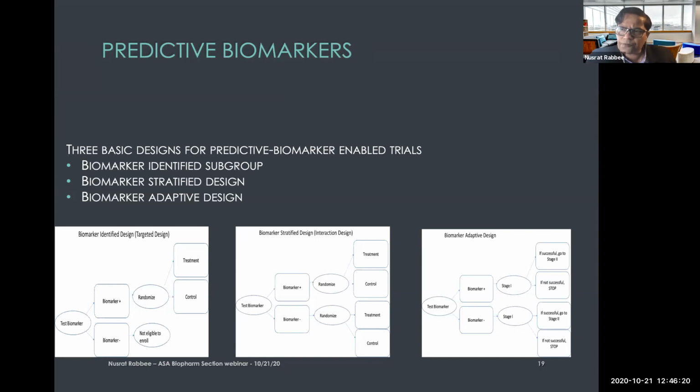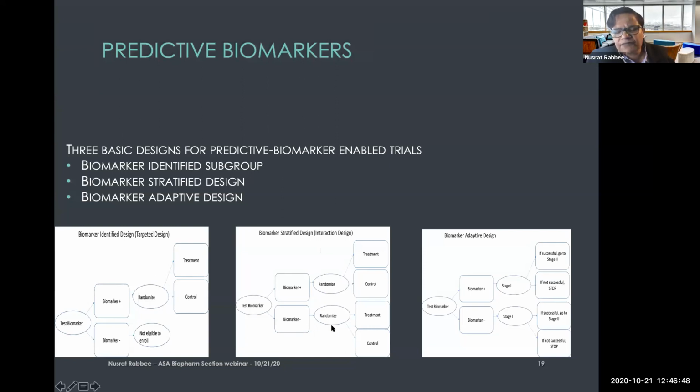These were the two first clinical trials that simply enrolled biomarker positive patients because there was enough science known already that the treatment would not work in the biomarker negative subgroup. Then there's a biomarker stratified design, also known as the interaction design, which is where you look at